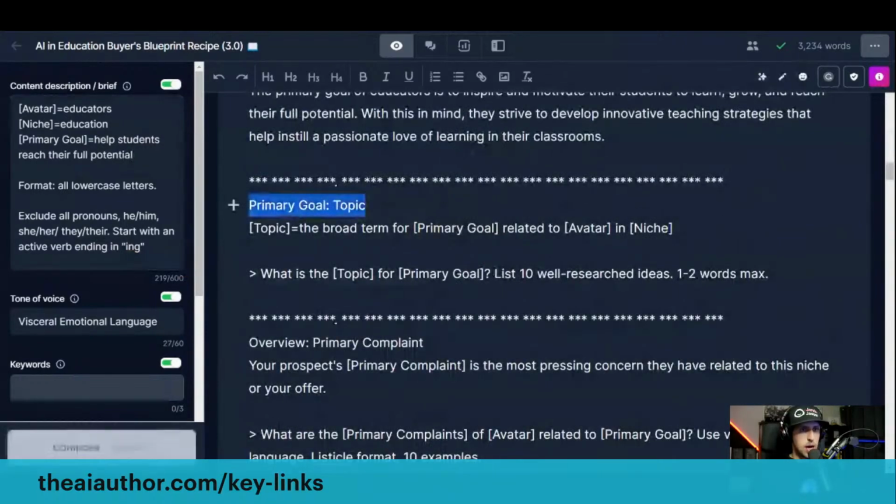Now we want to generate a topic. And this is where I don't want you guys to get hung up right now as we're generating the content, because there's no point in trying to be super nitpicky right now. We're going to be able to generate a lot. We're not going to use it all, but we're going to be able to pick what the right things are out of the content we have and then use that in the next phase